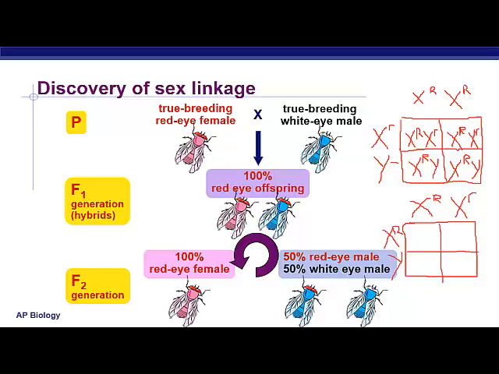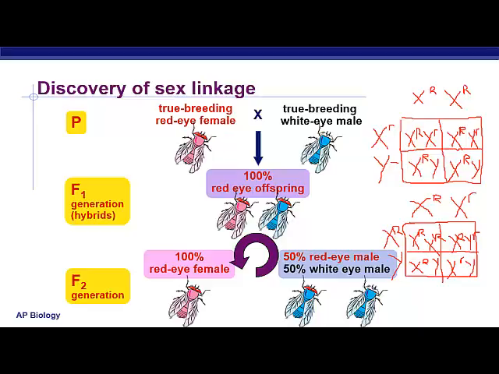Alright, this is a normal female, this is a carrier female, this is a red-eyed male, and this one right here, that's a white-eyed male. If you're looking at a pedigree chart, a pedigree is like those squares and circles that are filled in, and you have to figure out what they are. You know it's a sex-linked trait